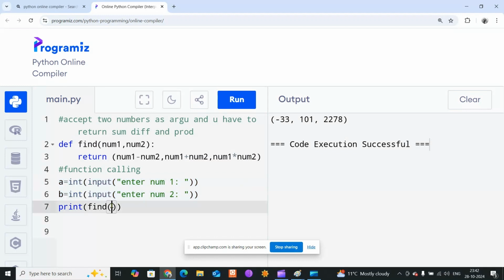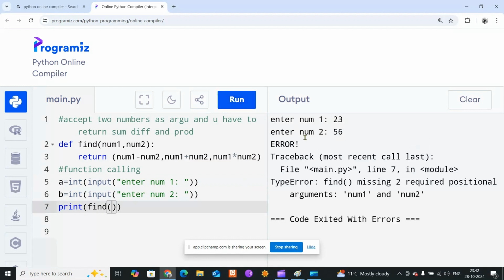So here, whatever the user is giving, I'm saving it in A, and the second number I'm saving in B. Now, if I run this, it will throw an error, right? 23, 56. Now it will throw an error saying find is missing two required positional arguments, num1 and num2. That means you have to pass the two arguments. Let's say I'll pass them as A, comma,